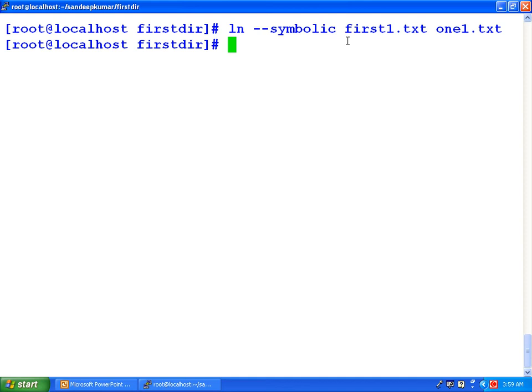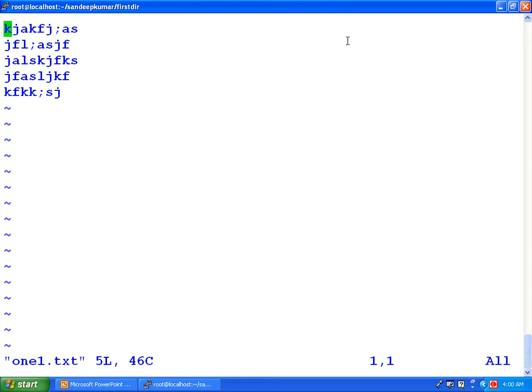So the link has been created. Now with the help of this we can see both the files. For example, vi 1.txt. So by this name we can see the contents of the file. So this is used for creating a symbolic link. The difference between the hard link and the symbolic link is that if the hard link is deleted, then again we can't refer to it by this name. Whereas